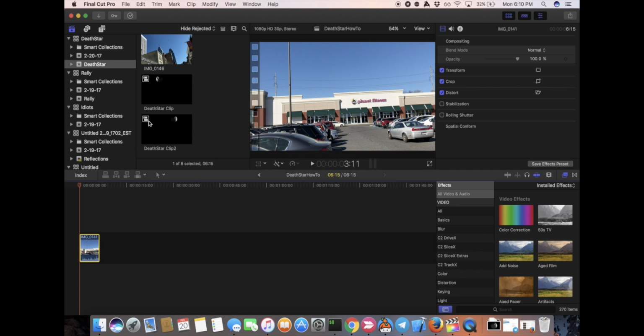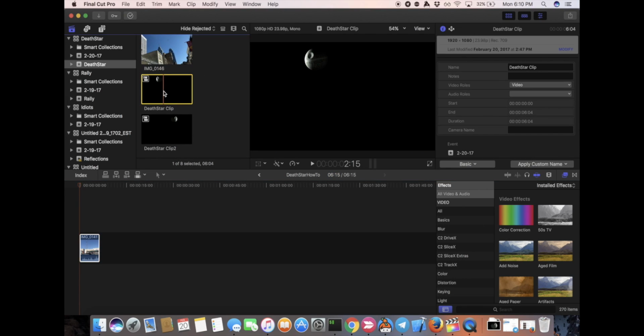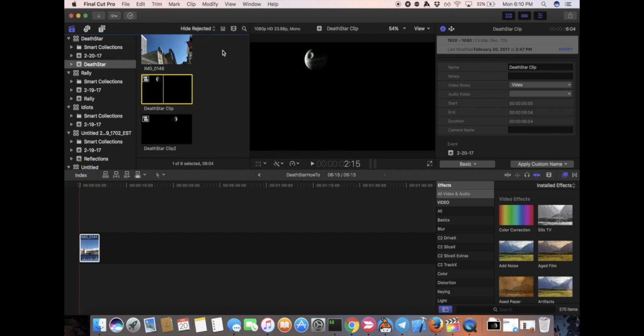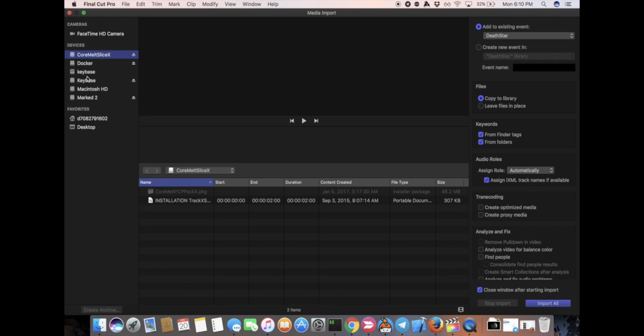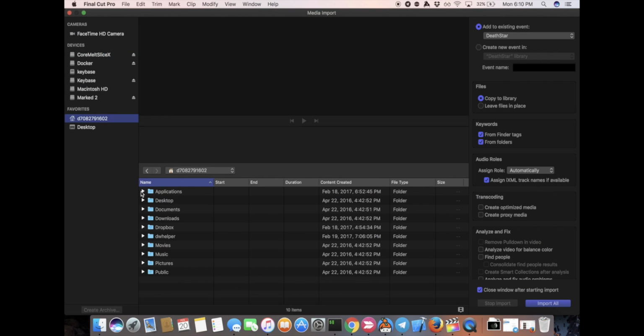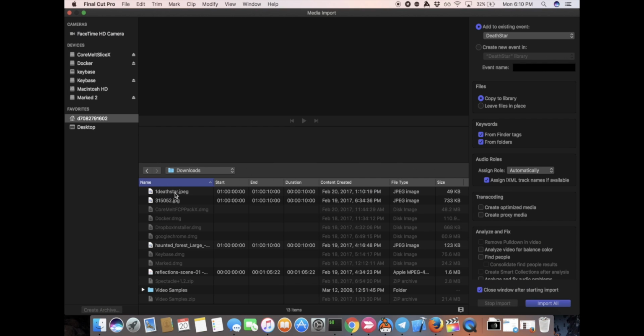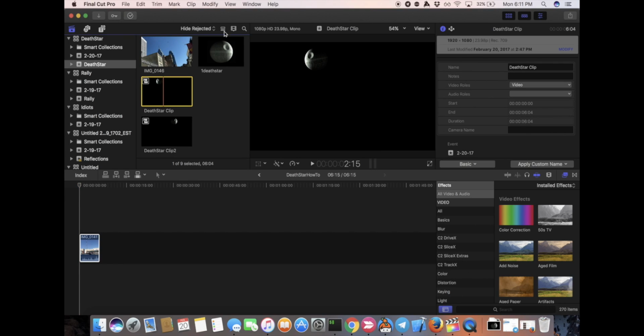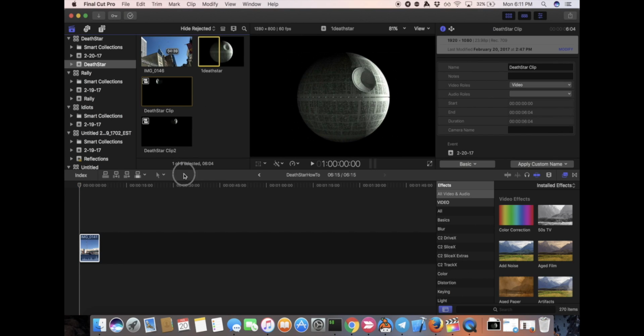Well, I also did another thing, which is I downloaded an image of the Death Star. I imported the image, and I turned it into a composite clip. So let me go ahead and demonstrate that real quick. Import media. I'm going to look into my downloads, and I'm going to look for Death Star JPEG. Okay, I'm going to import that one. Okay, so now it's just the image inside of my media, and I'm going to